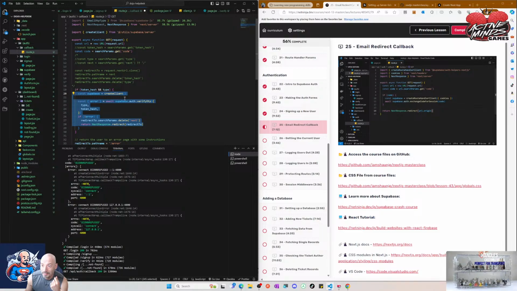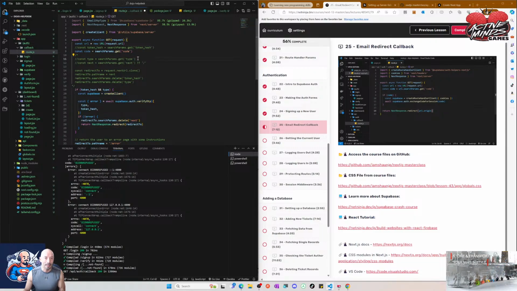he's got exchange code for session await. I don't know if that's a valid thing or not. So this is where I kind of have to make sure that I'm doing the same thing. So token hash and type, see, they're doing these extra things. I don't know why I have to do that. I don't know what the token hash is, because it's a search param, right? Right, so we got this search param,